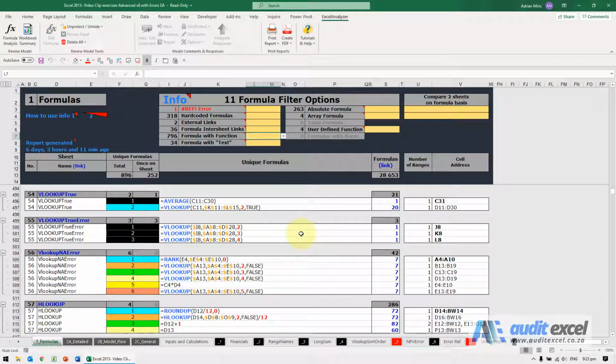The older SUMIF, COUNTIF, AVERAGEIF, etc., without the S at the end, these older functions have some risks. What we can do is go to the Excel Analyzer report